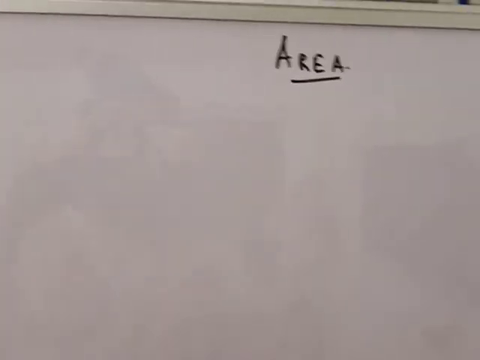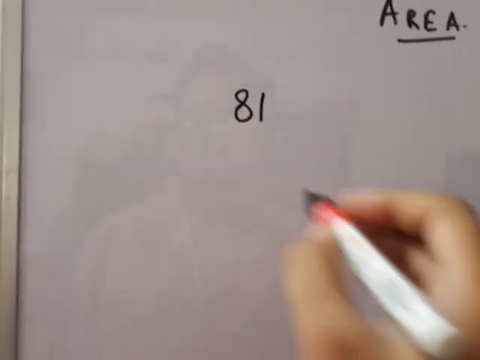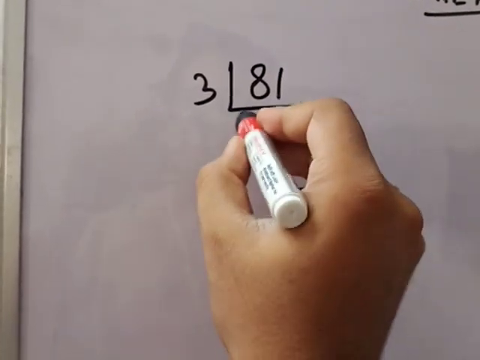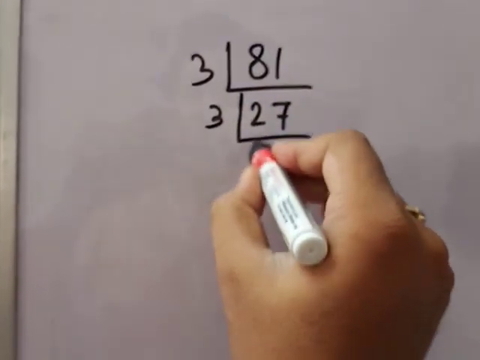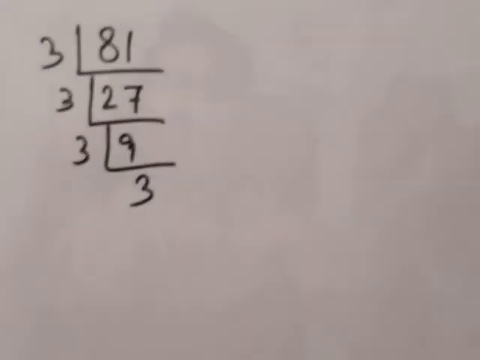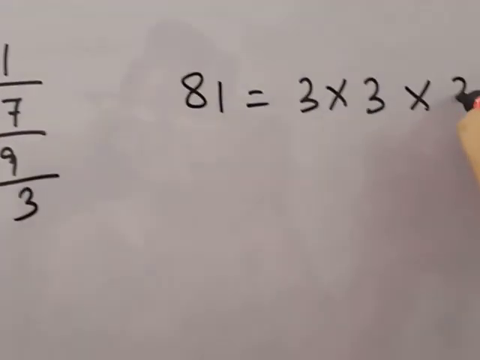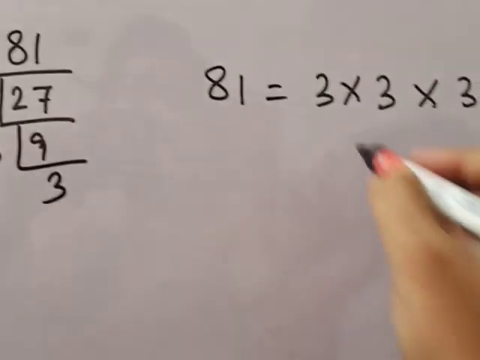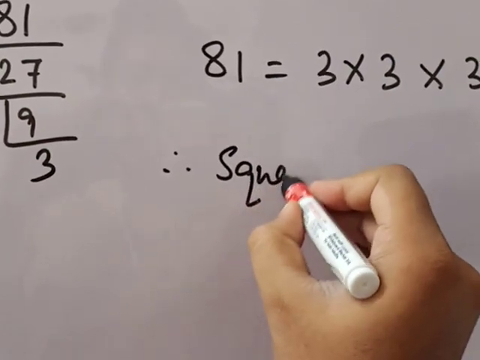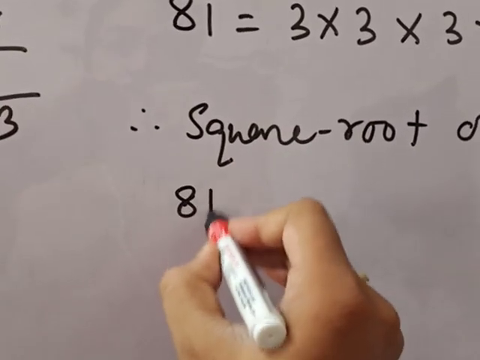Let a number given be 81. So now prime factorize it. 3, 27, 3, 9, 3 and 3. Now you can write 81 equals 3 into 3 into 3 into 3. Now see that if we find the square root of 81,